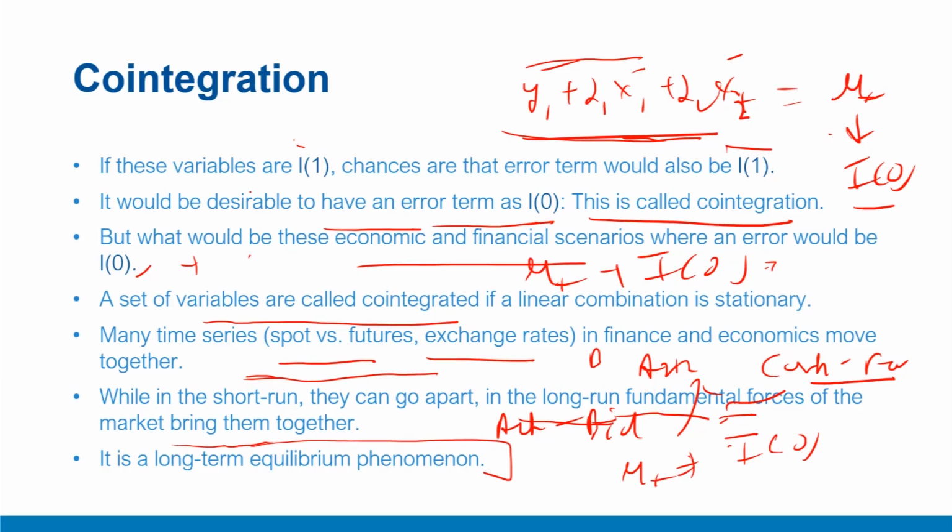So to summarize, in this video, we understood the concept of co-integration. We said that if because of some fundamental structural relationship, a set of time series variables, irrespective of the fact that their order of integration is more than 0, it can be 1, 2, 3, but their linear combination results in an error term which has an order of integration I0, which is stationary, then these variables are called co-integrated variables, and this co-integration results from some kind of fundamental economic and finance relationship.